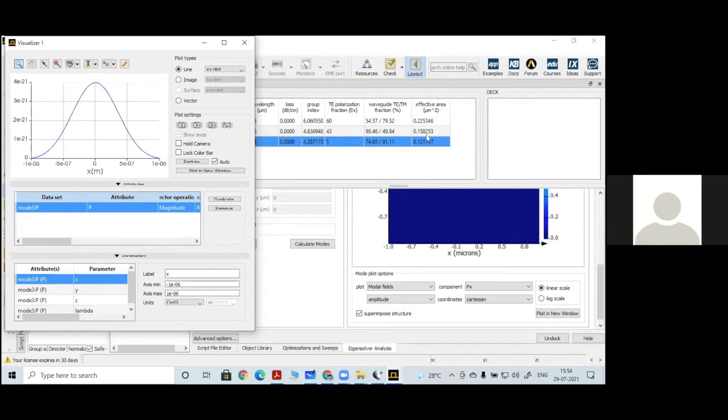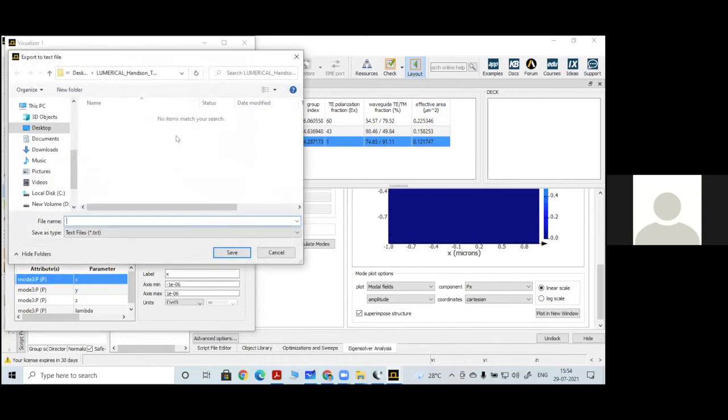Now here you can see this particular mode area. What is the mode area? Mode number 3 has an effective mode area of 0.121747 micrometer square. Whenever I multiply this effective area with the data that I am going to export to the file, which is the power density, the power density multiplied by the respective mode area gives you the power confinement in the particular waveguide.